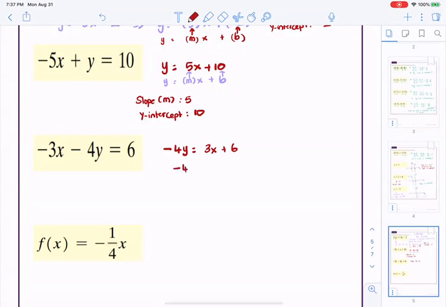So minus 4y over minus 4 equals 3x over minus 4 plus 6 over minus 4, which would mean y is equal to negative 3 over 4x. Now there is a 2 in common between 6 and negative 4, so I could write it as plus